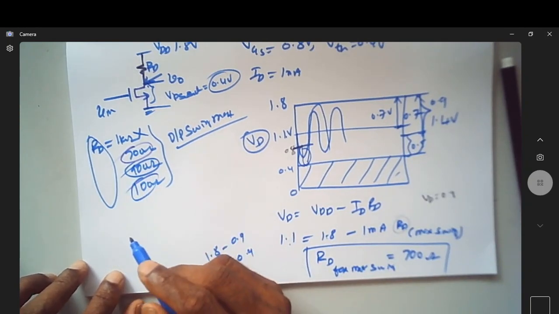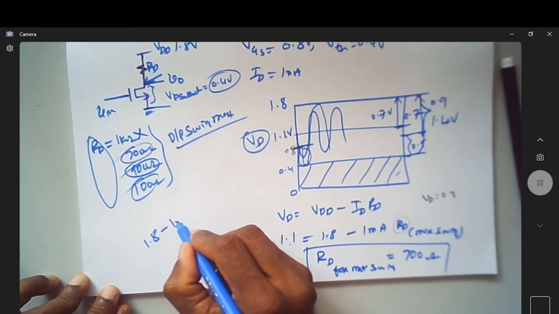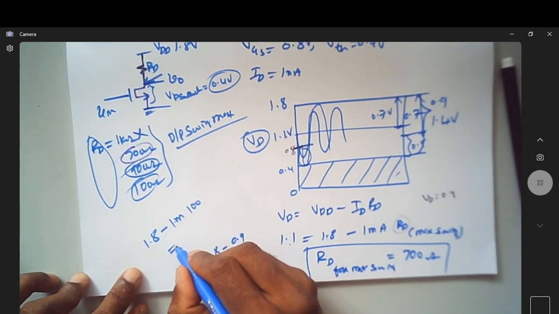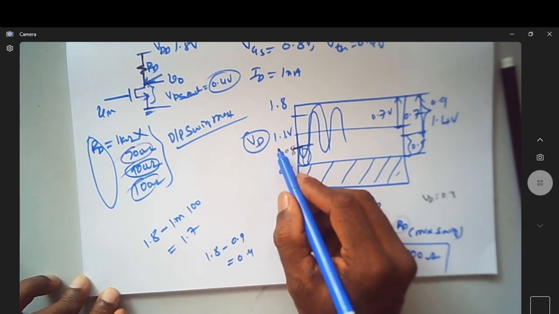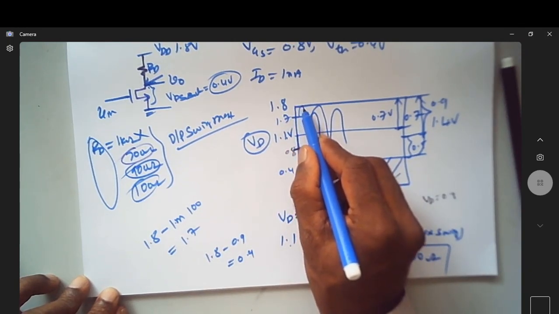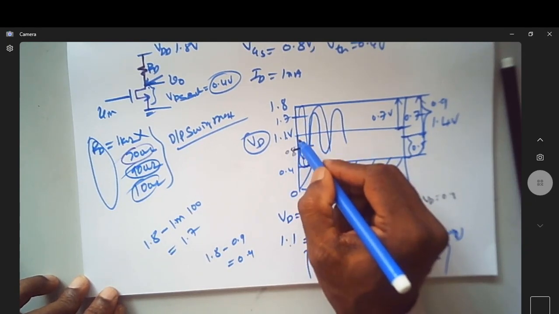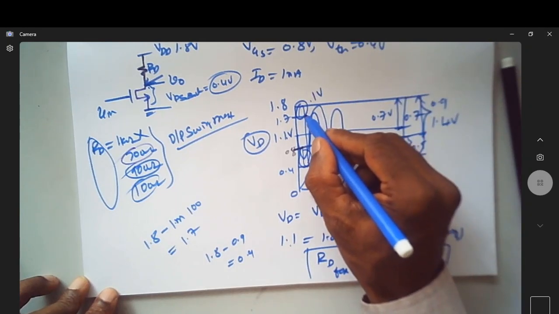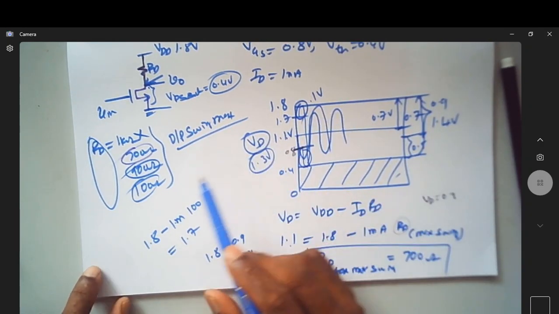Suppose you take 100 ohm, then this will be 1.8 minus 1 milli into 100 ohm, which will become 1.7 volt. So now it is at this point, 1.7. You hardly have 100 millivolt. Now how much do you have here? This is 1.3 volt. So this is a 0.1 volt swing at the top side. At the bottom side, you have up to 1.3 volt. So neither